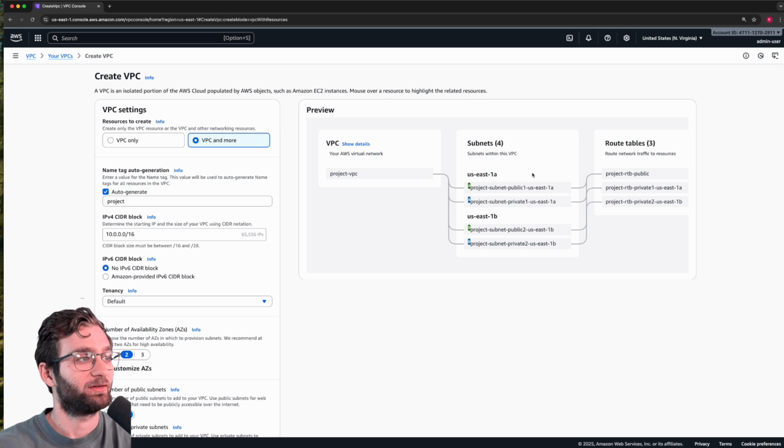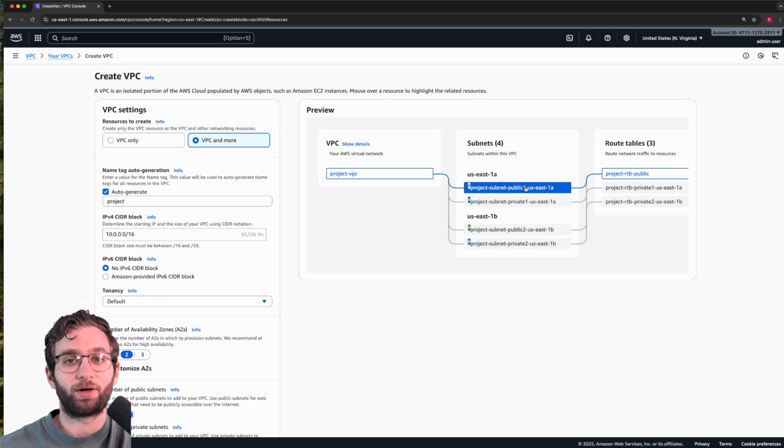And so a public subnet, as you saw in the theoretical part of this video, is one that's connected to an internet gateway, meaning that anything that you deploy in the subnet, let's just say it's an EC2 instance, a web server, the IP address of that web server would be public, and anybody from the outside would be able to connect to it. This isn't necessarily bad, but let's just say you had many applications, many